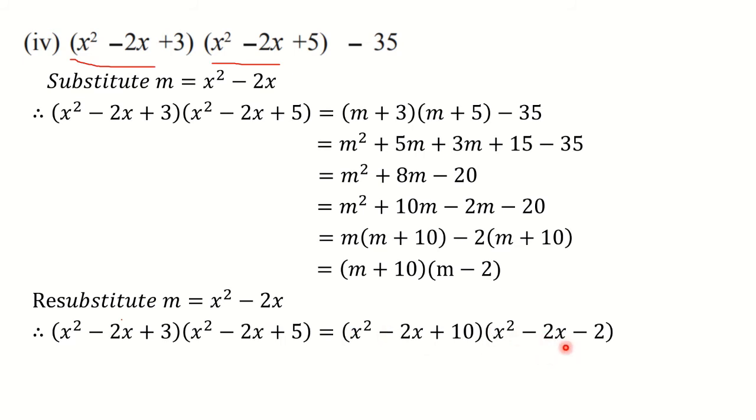Why did you get the answer? These two are again quadratic expressions. But see, here you have 10. Do you have numbers whose multiplication is 10 and sum is 2? Not possible, so we cannot factorize this one. Here, two numbers whose multiplication is 2 and difference also is 2. Do you have such numbers? No. So further we cannot factorize these two. So this is your answer. Write it down.